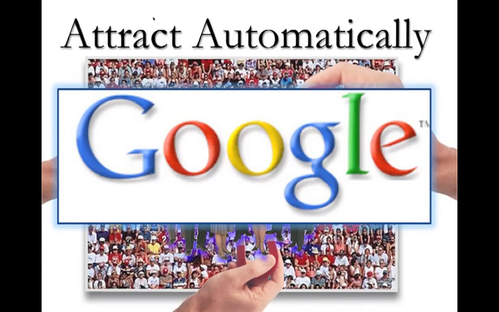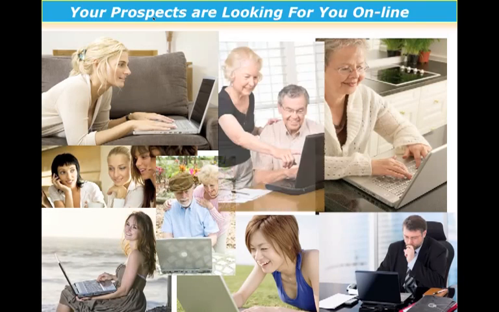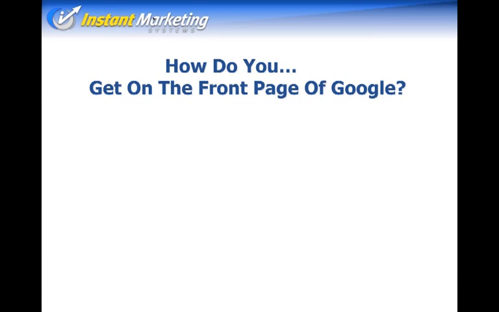And of course, Google is the main attraction out there on the internet. I mean, who goes to the Yellow Pages right now? Less than 5% of the people actually look in the Yellow Pages to search out a solution to their problem. Over 95% of the people go to Google. I mean, Google's become a noun and a verb. We want information? Let's Google it. So that's where you want to be. Your prospects are looking for you online. They are typing in keywords that are going to help them solve their problem. So how do you get on the front page of Google to put yourself in front of all these people?